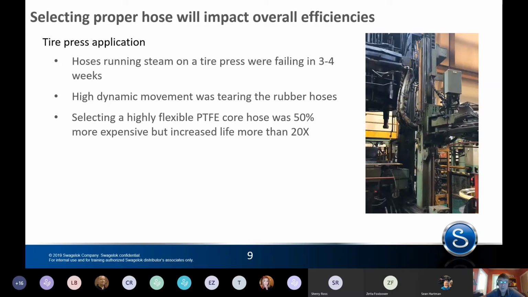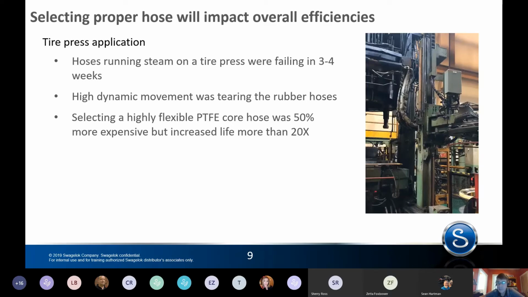They were just the wrong hose for the job. It was a rubber hose. It couldn't withstand the heat. It couldn't withstand the dynamic motion. And we worked with this user on selecting just a different hose type, and it was a more expensive hose, and so there was a little bit